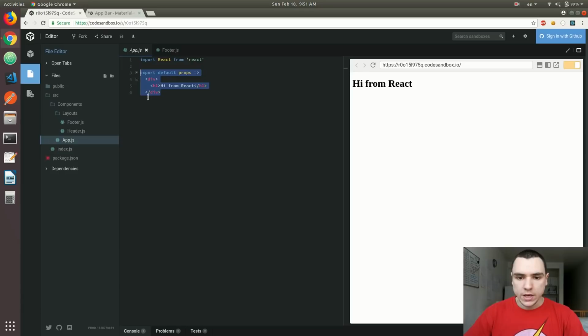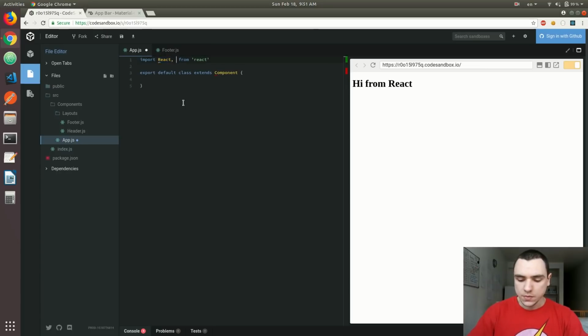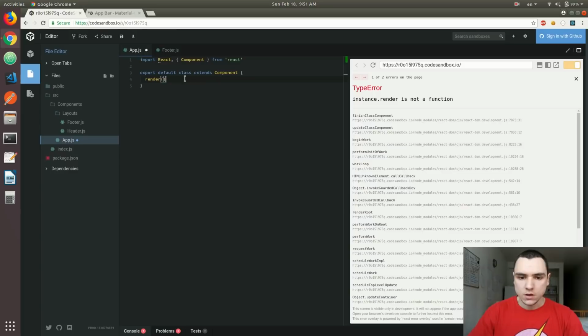So the thing about the app component, I created it as a functional component, but I think what we're actually going to do is have our state reside in the app component. So I'm actually going to convert it to a class-based component. So I'm just going to do an export default class. It's going to be an anonymous class extending the component from React, and of course we need to import that as well. Let's have the component, and in there we're just going to have the render method. We're going to return some markup. Okay,